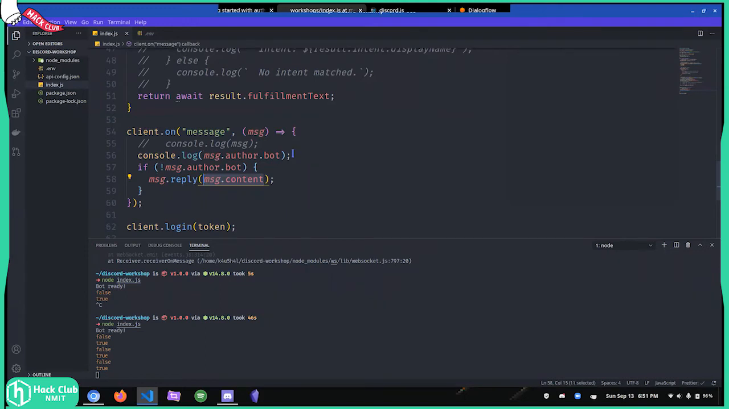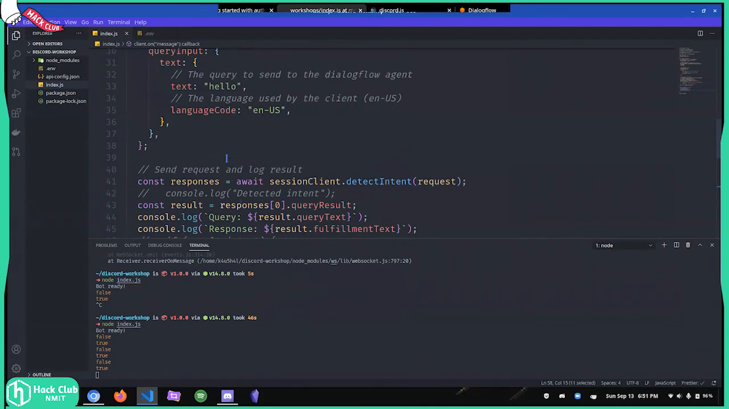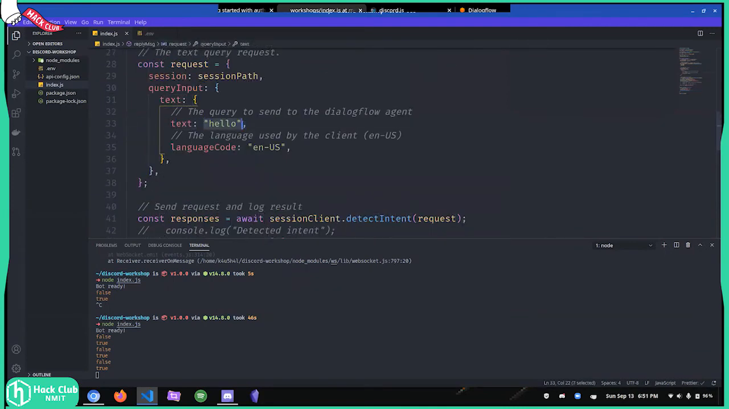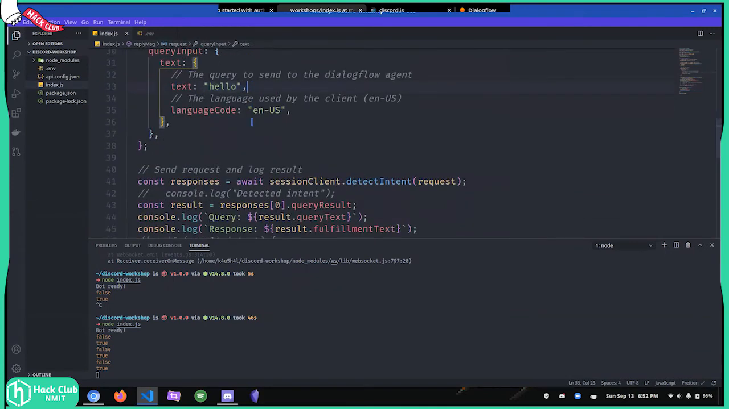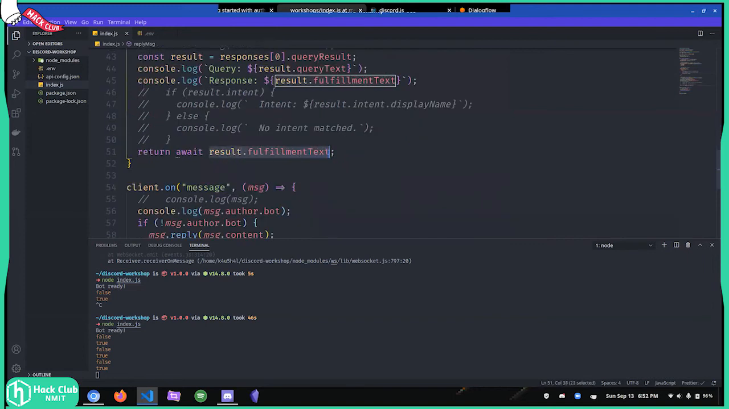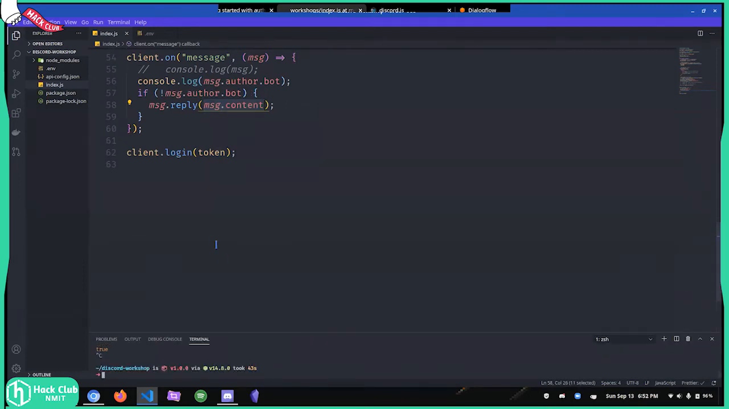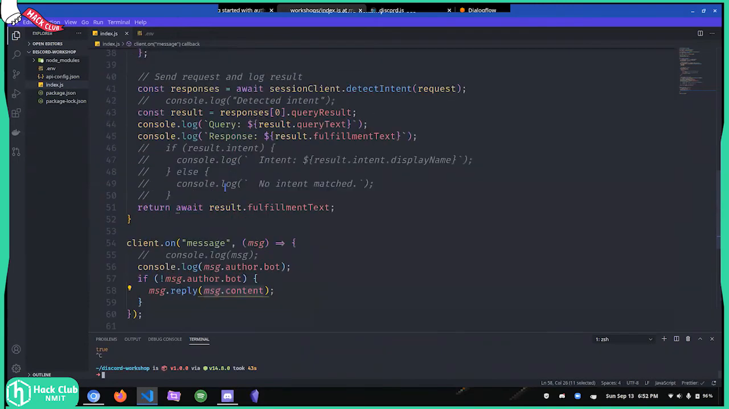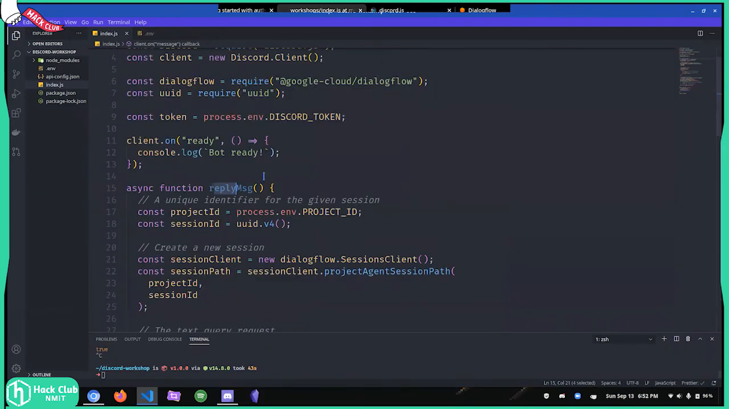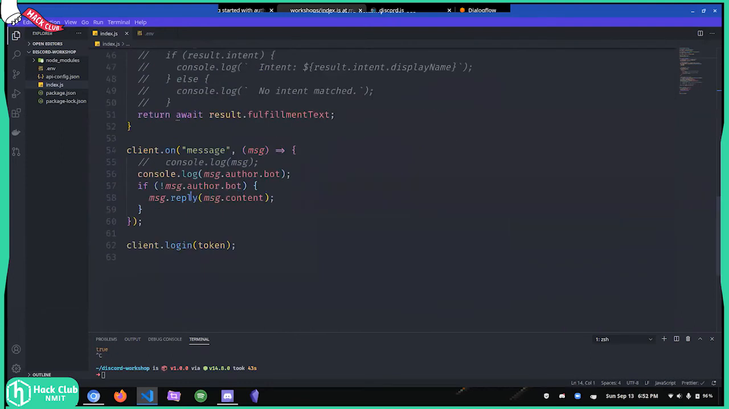Now what we need to do is take this message.content and somehow pass it into this field, into this text, so Dialogflow can process it, and whatever Dialogflow gives back to us, we are going to send that instead of just sending what the user has asked us to do. So we'll stop the bot over here, and there is a function called reply message. Now inside this, if it's not a bot,